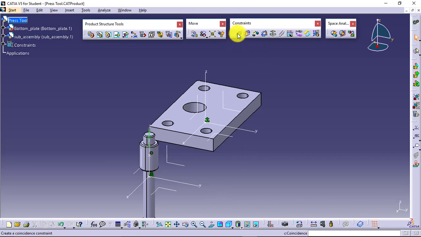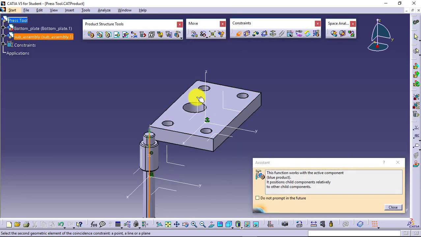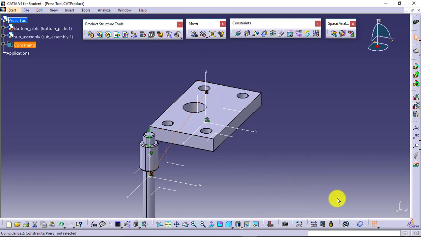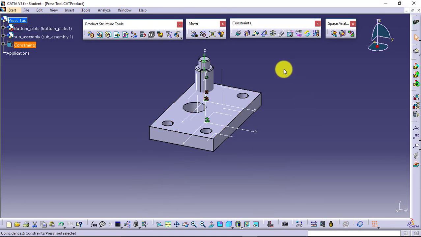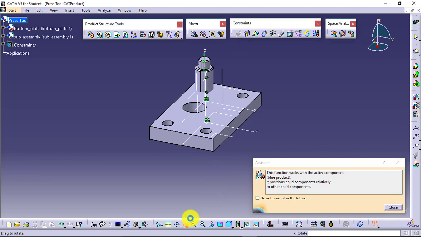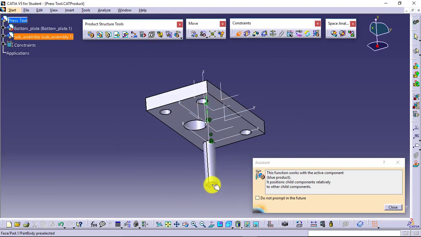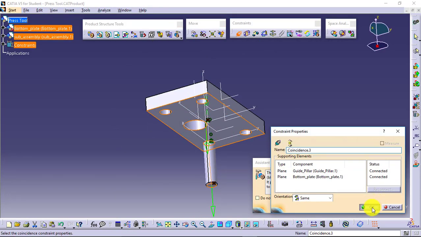So I'll just apply constraint, axis to axis coincidence I had given, then I will go for another constraint of coincidence, this face with this face.